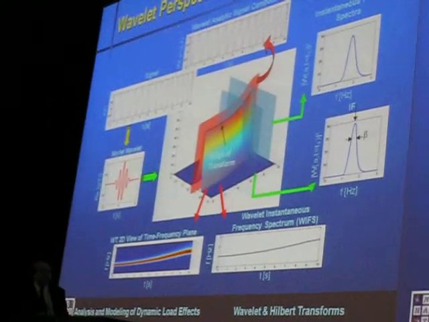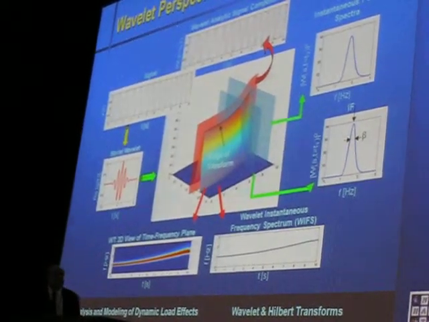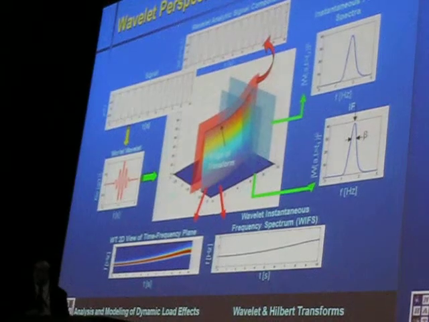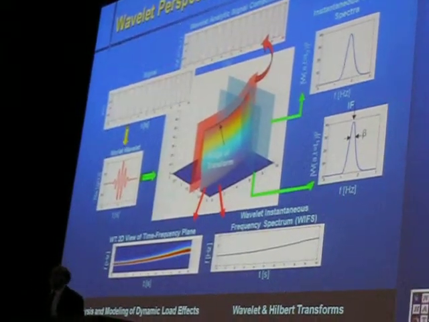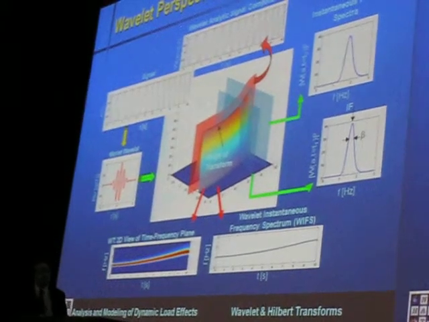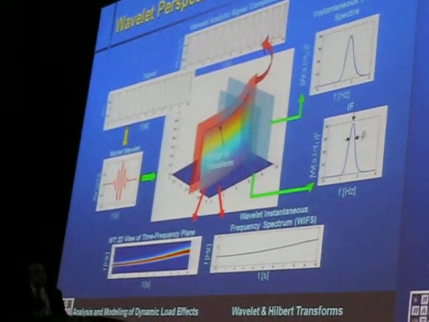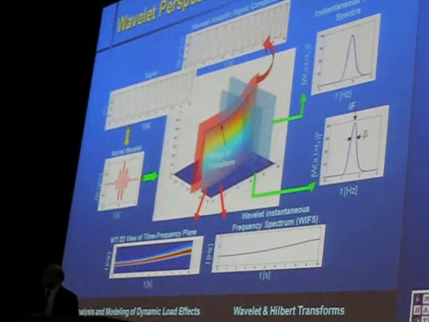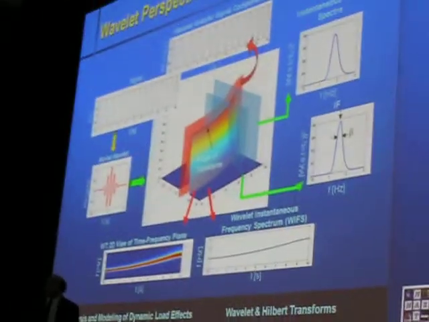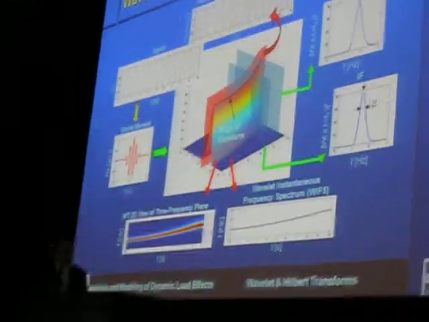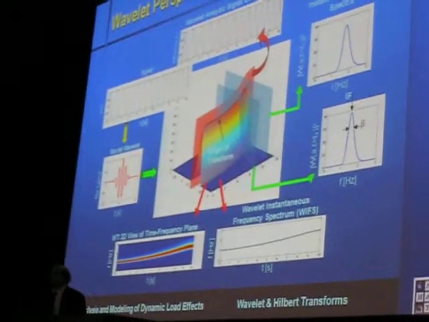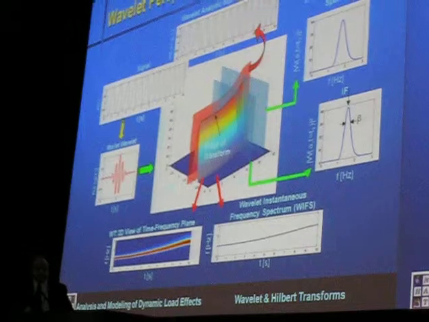We have come up with what we call wavelet instantaneous frequency spectrum, which gives you crisp change in frequency. And what you do is you have to identify the ridges on that scaleogram, which helps to provide that. Again, you can take a slice here that will give you an instantaneous spectra. And those system identification people, you could always not only find the instantaneous frequency, but also the bandwidth, which will also provide you some information on the damping value in the system.